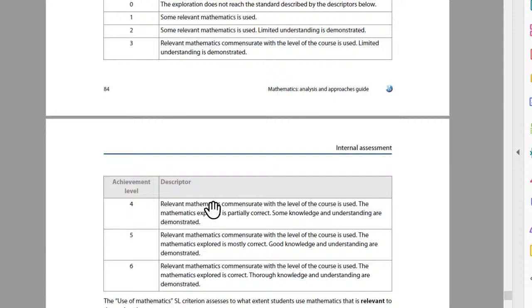The mathematics correct. I would say it's mostly correct. Okay, the mathematics explored is mostly correct. Limited understanding. Okay, so limited understanding, mostly correct. We might average out to a 4 and say it's still 14 for the SL level. But it feels weaker than 14. So probably